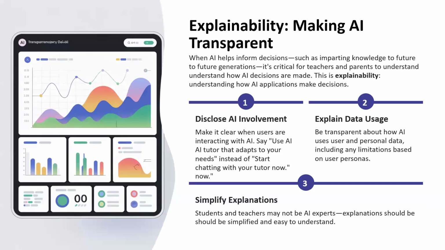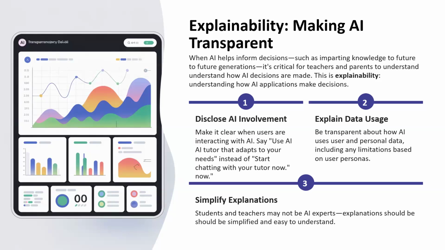Now, explainability is making AI transparent. AI can help us make informed decisions, right? And imparting knowledge on future generations, helping teachers grade, but it's also important that we ensure that our system is explainable, right? It has the explainability feature. And what that means is we need to disclose the AI involvement to the user. So we need to make clear to the users that they are interacting with AI. We need to ensure that we say, okay,